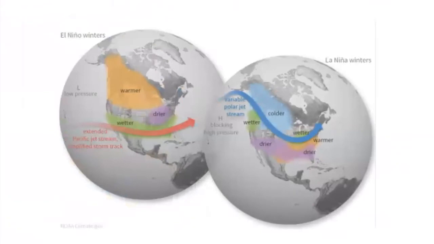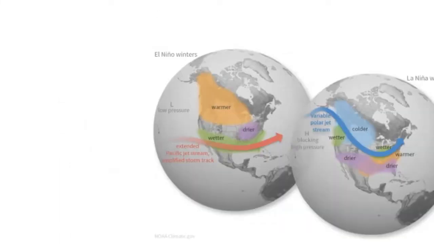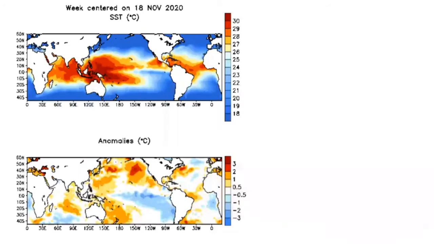Here is a graphic explaining a more typical storm pattern in a La Nina versus El Nino. Here's La Nina right here, the cold water down here, but this is the storm track. It wants to stay up by Alaska and come down through Canada, staying way away from here, where it says drier by Arizona. When you have the warmer water in an El Nino winter, this storm track wants to come down. It feeds off it. That warmer water is giving more steam to the atmosphere, and the storm track wants to feed off that. So this year, we are in a La Nina, a fairly moderate strength one.